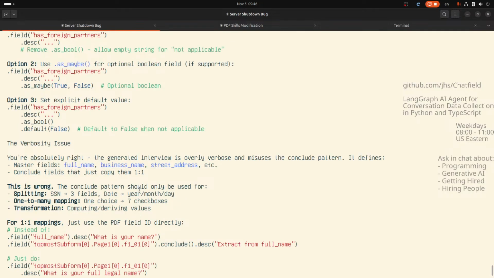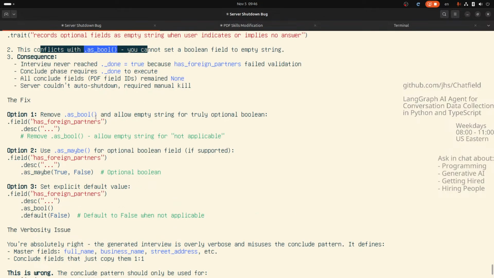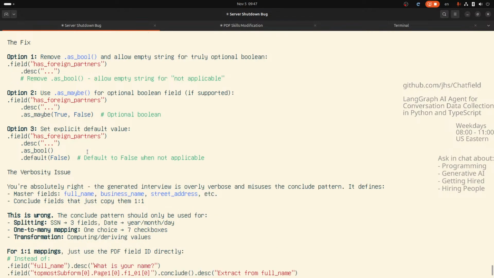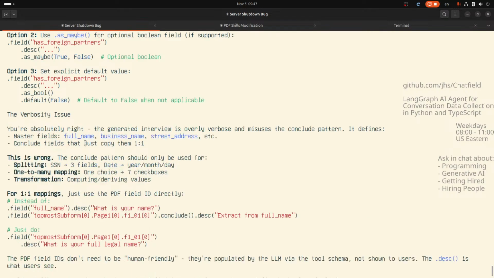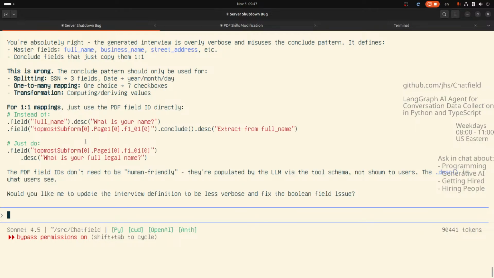That's stupid. Okay. Option 1, remove as bool. Option 2, use as maybe. No. No. You are wrong about as bool. It is not a constraint, but rather a typecast. At worst, we can add more guidance, like .as bool,